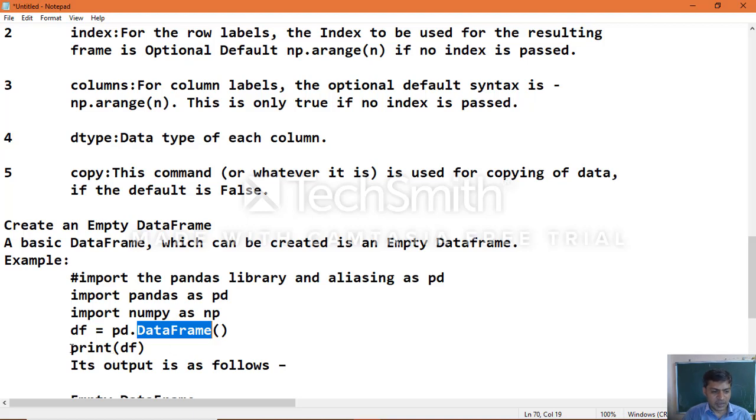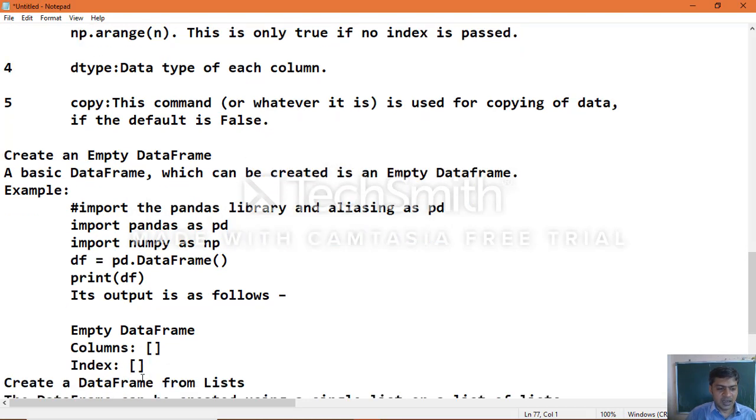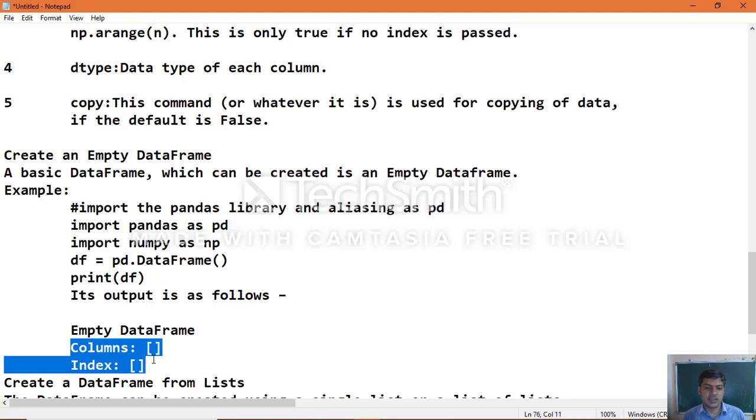Then print that data frame. The output will display empty columns and an empty index. It means the data frame is empty and doesn't contain any information.